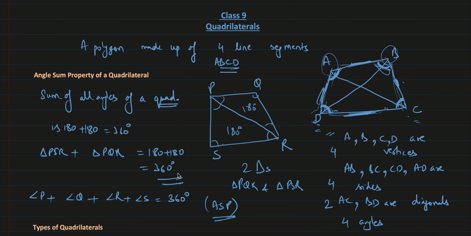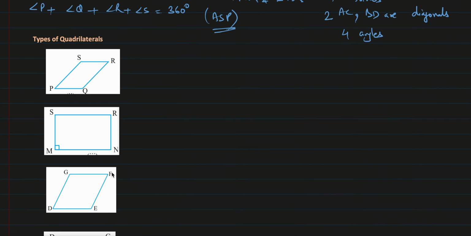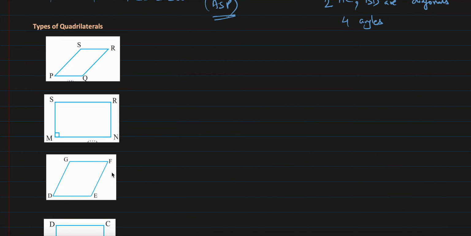Now we'll come to different types of quadrilaterals. You know, 4-sided figures you have done a lot. From the first grade you are learning what a square and rectangle are, then you came to know the diamond, which you call a rhombus. Okay, so we'll go through all the shapes one by one. The first type of quadrilateral is the parallelogram. The one shown over here is a